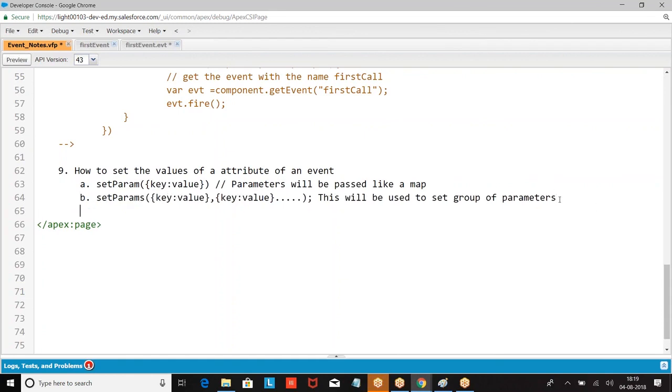parameters. Then we have, how do you read the parameters? Because it's a key value pair. If you give a key, it will give you the value. If you give value of the